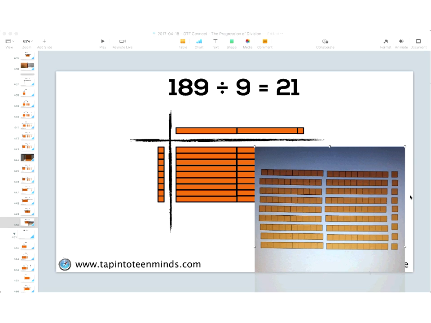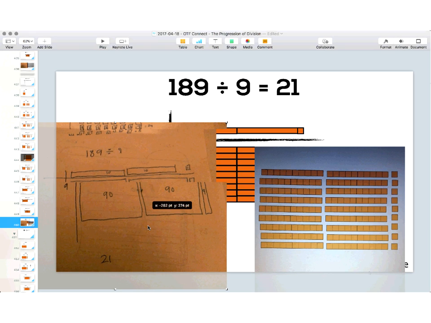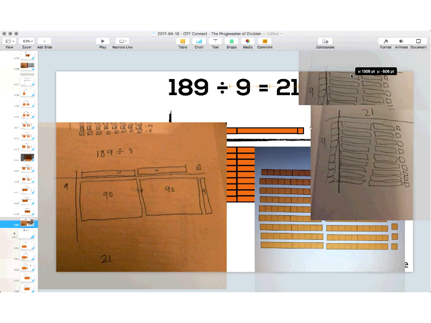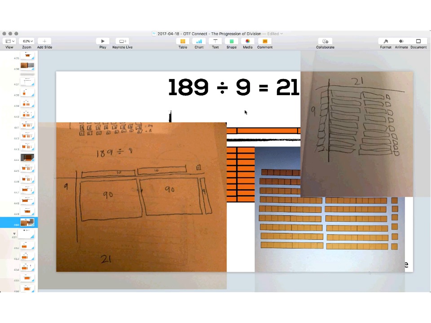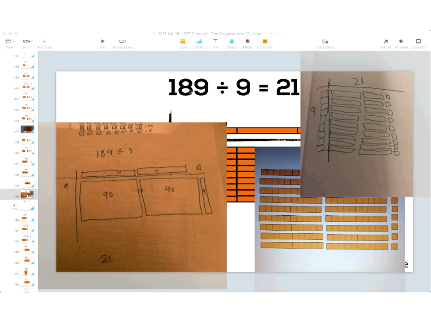Here we have another person using an area model. Now, well, I guess it's really just a drawn version of the base 10 model, so awesome stuff. But something to note here is that area models, like we were using earlier with our donut task, they are the same thing as our base 10, except a little bit more flexible. So something to consider. Awesome to see everybody attempting to draw this. It's so much harder to draw it than it is to manipulate. So if you're drawing it, I feel for you. It's definitely much easier to be using the actual manipulator. So really cool, awesome stuff here, friends.